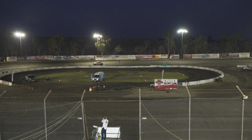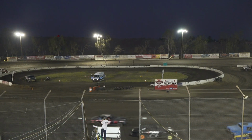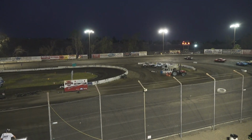All right, let's meet our next field of competitors. Heat race number 2, American Stocks. If you'd like to follow along, by the way, as far as lineups or anything, if you have my race pass,